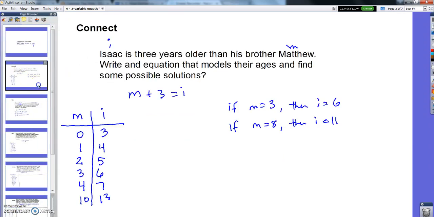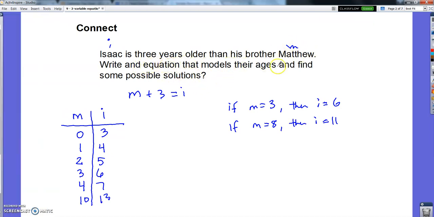Alright, so kind of here's where we were. I'm just going to go straight to our examples because I'll automatically bring back some of the stuff we did. Oh, this is one of them. We did this question last time. Isaac is 3 years older than his brother Matthew. Write an equation that models their ages and find some possible solutions. We made this equation where we said, if we take Matthew's age, add 3 to it, we'll get Isaac's age. And then we talked about how there were really an endless number of possible answers to this